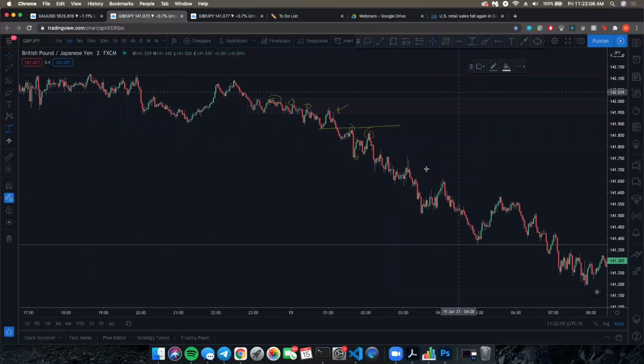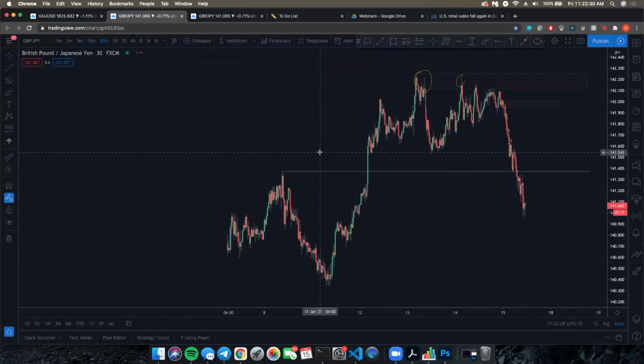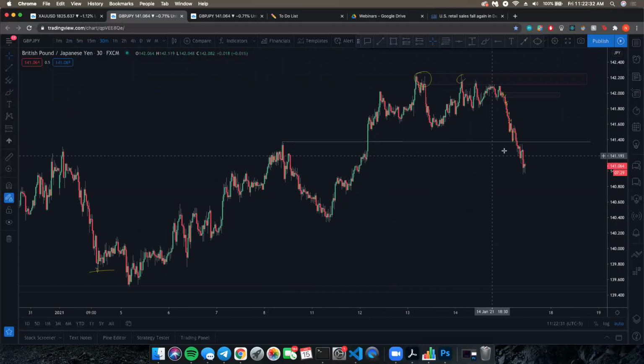And then I think this was London Open. Yeah, this was a London Open, consolidated. I secured some here as well, and then push up, down, and then secured at 500, and then runner at 2,100. But as you can see, once we hit this level, price reacted to a bid. Why? Because that was market structure. So hit it, reacted to it. Although it's not major market structure, the next level was